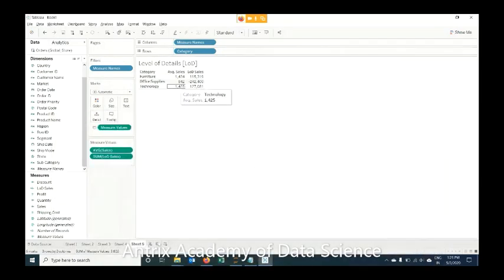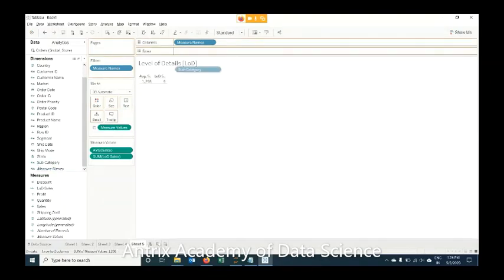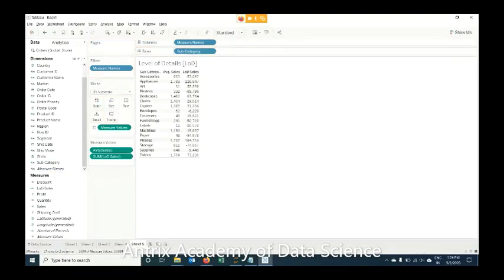If I change a category, if I put segment here, the difference would be there accordingly. We need not change the formula, and we need not revise my LOD function. It gets computed automatically based on the grouping. If I take sub categories, then the computation will be there accordingly. So what is the difference from the base? So that's